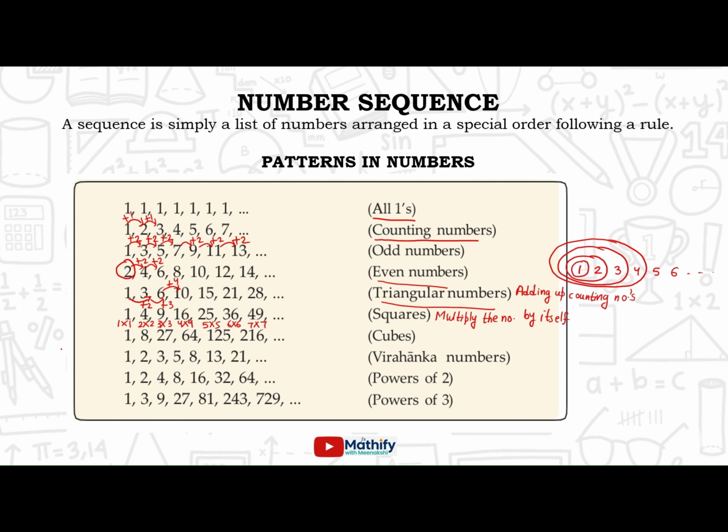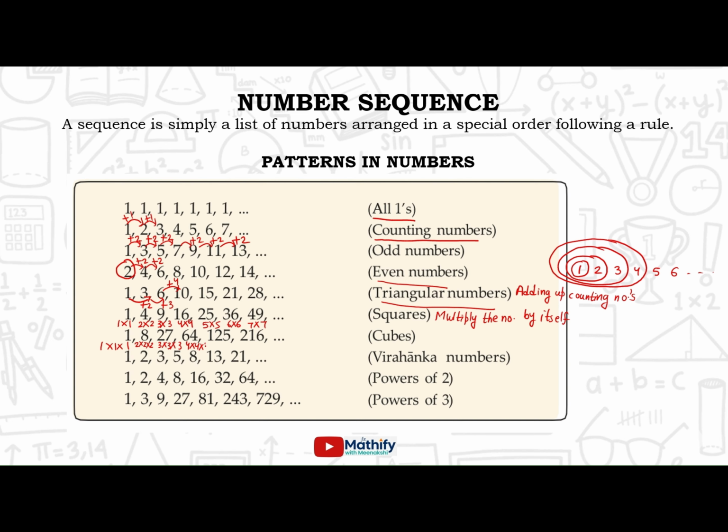Next, 1, 8, 27, 64, 125, 216. Yes, here we are multiplying the number 3 times. 1 into 1 into 1. Here 2 into 2 into 2. And then 3 into 3 into 3. As you can see here, 3 into 3 is 9, 9 into 3 is 27. Then 4 into 4 is 16,